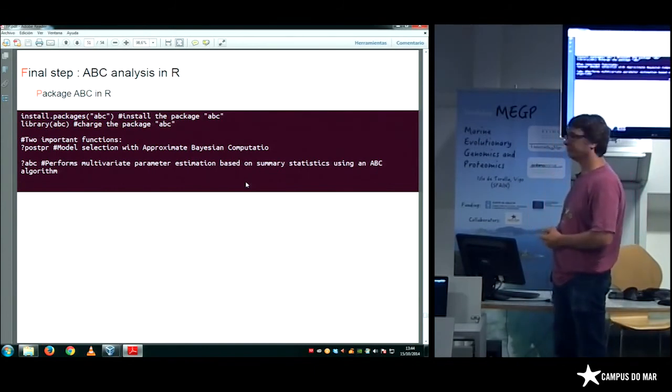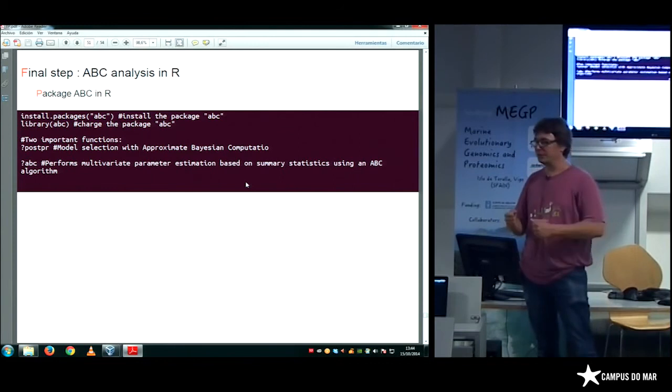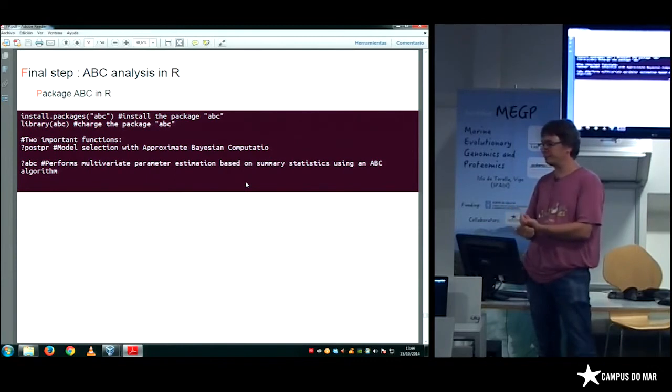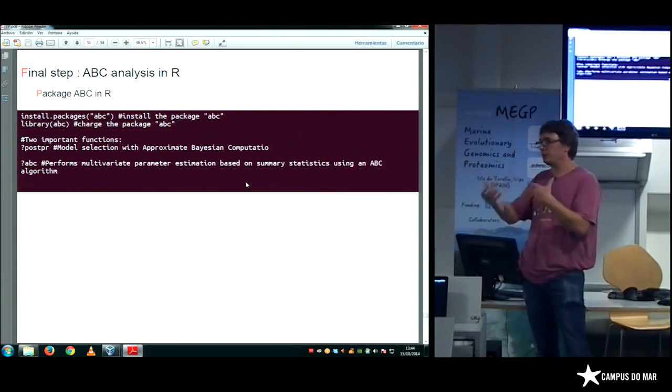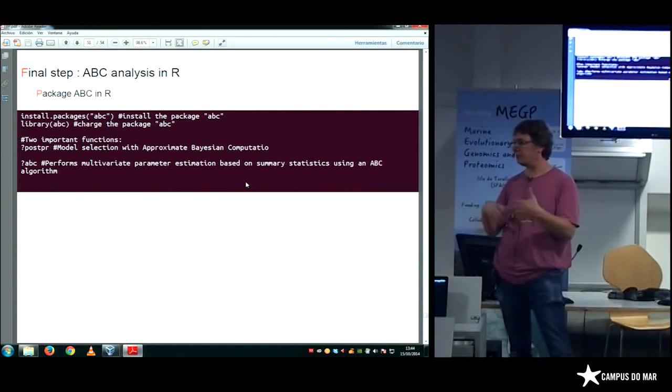So that's it. If you want to apply this method to your own data, at least you need to be able to create the BP file. Prior gen, you can use the argument file I gave you, but it's better if you take time to understand what is behind. MS, you can use the command lines we gave you, but you can explore different models. You can use third, fourth populations if you are interested in more complex models.